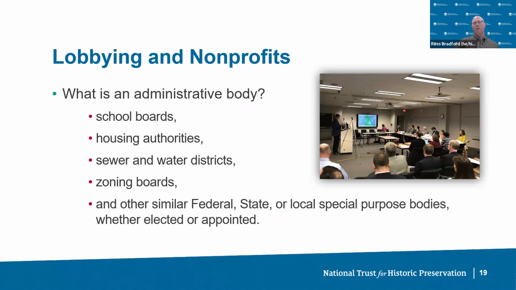Now, let's say you have to get something locally landmarked or designated, that ultimately might need to be approved by the local city council or county board of supervisors. And that official act where they're going to pass an ordinance or a law or provision to enact a local designation, that would most likely be a legislative body action, and then anything that you've done to support that would be direct lobbying and any associated grassroots lobbying.